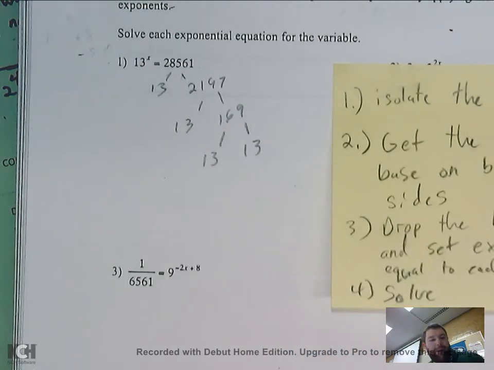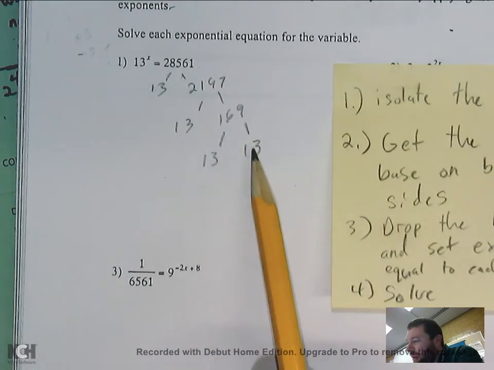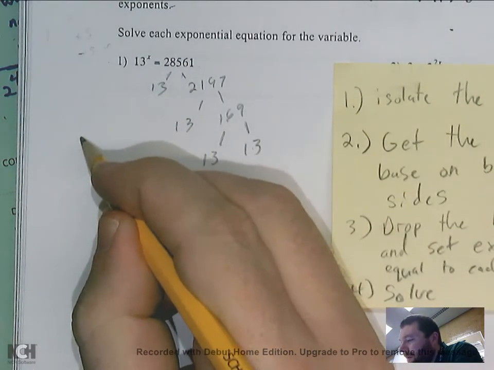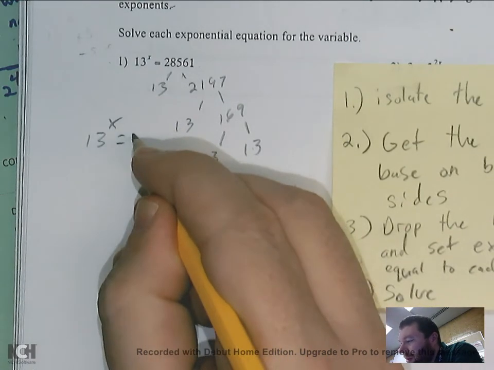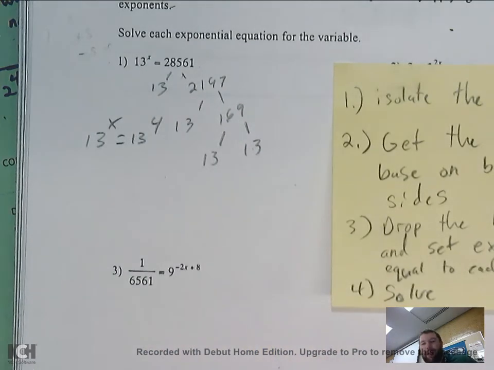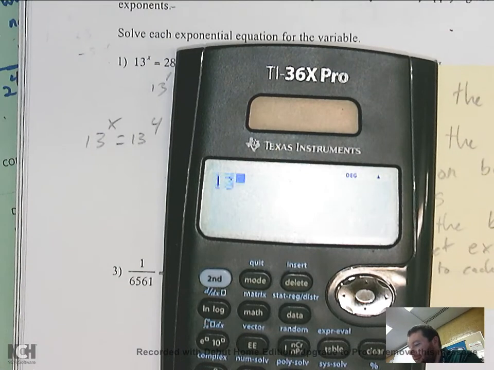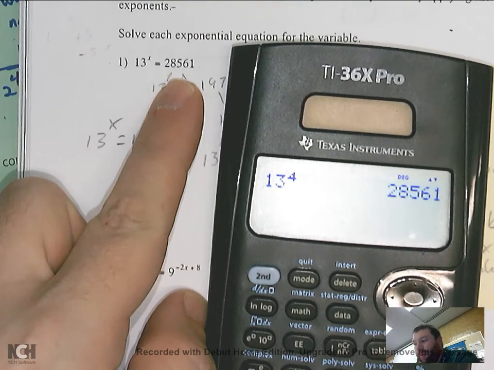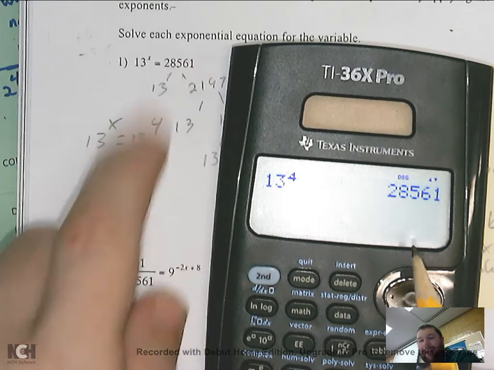That tells me how many 13s I would multiply by itself to get to this number. I have 1, 2, 3, 4 13s, so I could rewrite 28,561 as 13 to the 4th power, because there's 4 13s here. 13 to the x is equal to 13 to the 4th. Now, just to check this, one thing I always tell my classes is to type in 13 to the 4th, or whatever number you get, and make sure it actually matches this number you broke down. So you can see I got the same number, so 13 to the 4th is equivalent,